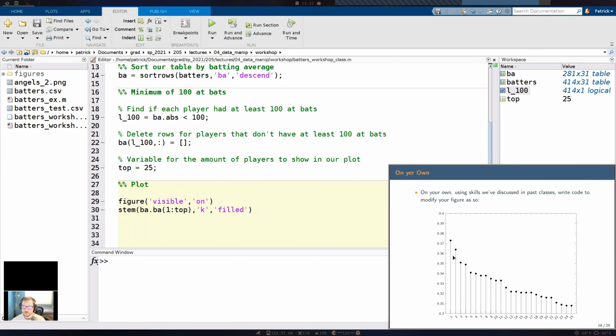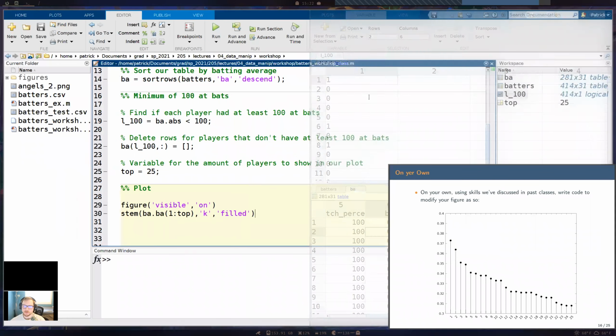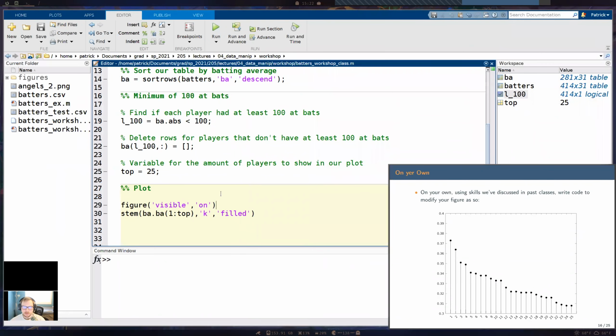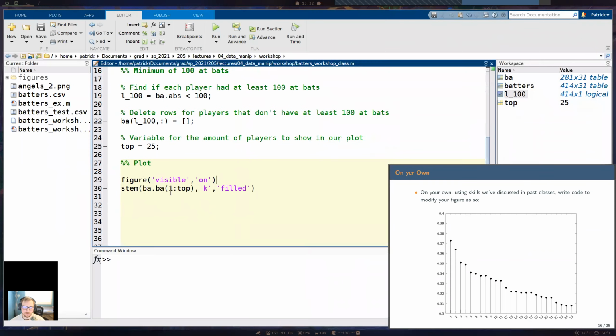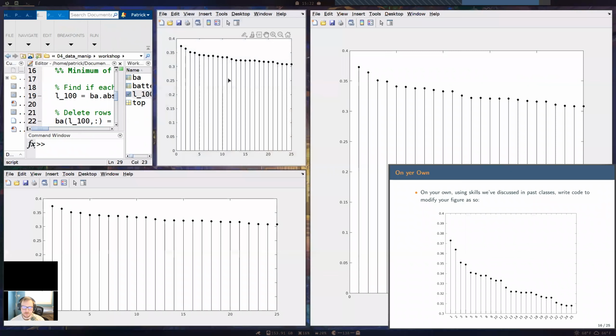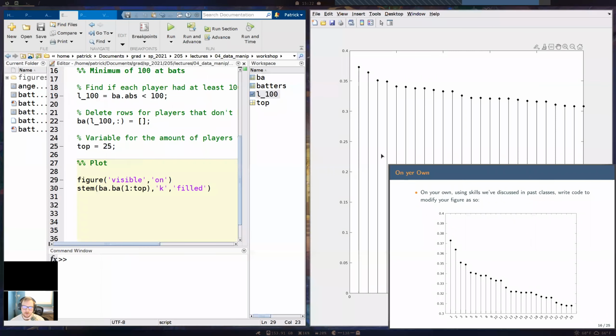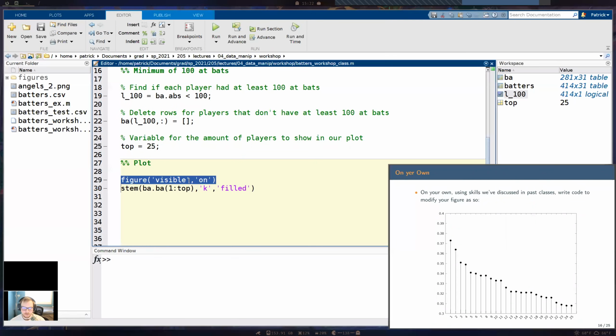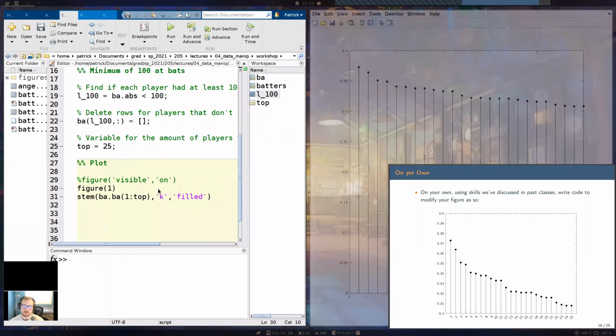You know what I could do actually? Something that's kind of annoying is that if we use the command visible and then on, and we run the script and I run it again, it always creates a whole new figure, which is really annoying to me. I've been trying to look up how we can use this command to just update the figure again and again, but apparently it's very complicated to do in Matlab. So for the moment, I'm just going to call this figure 1.